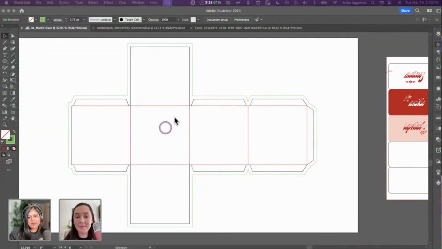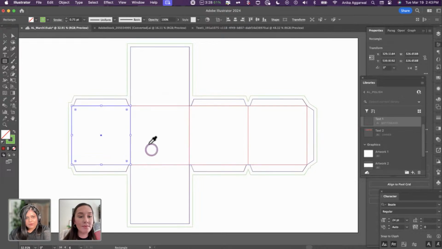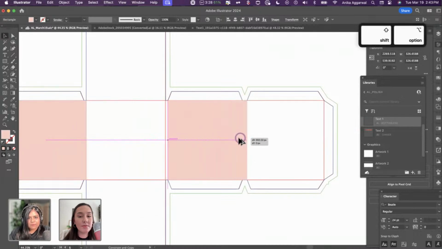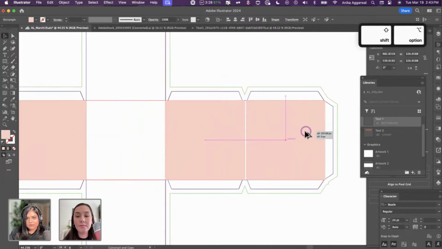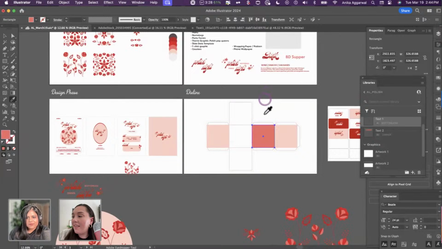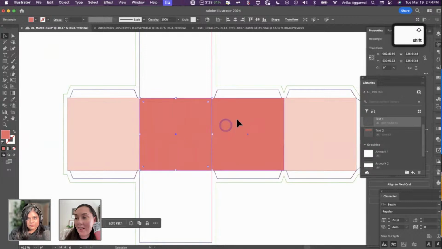Now, to imagine that, I want you to think of it as a flat laid down paper that you can almost turn up to make into a cube. So, what I want to do is create designs underneath this so I can still see all the lines where I want to cut, I want to paste, all of that, right? So, for the sake of time, I'm just going to go back in here and pick this color, and then I'm going to make it like so. And we won't worry about the details for this one because we only have about 10-ish minutes to go, I think. So we're just going to dive into it. We're just going to make a quick design here. Yep. I think I want to do this here.